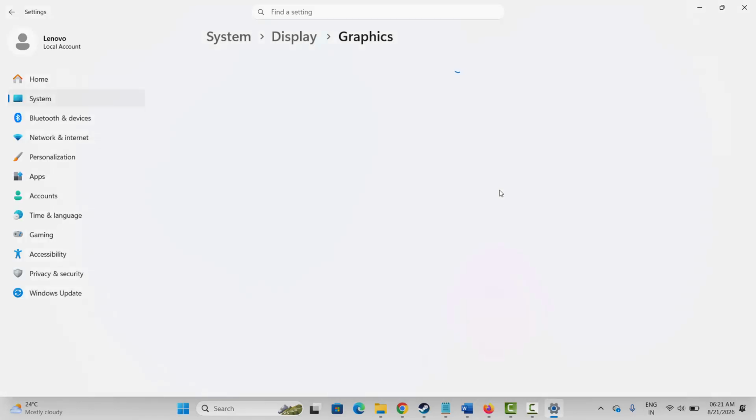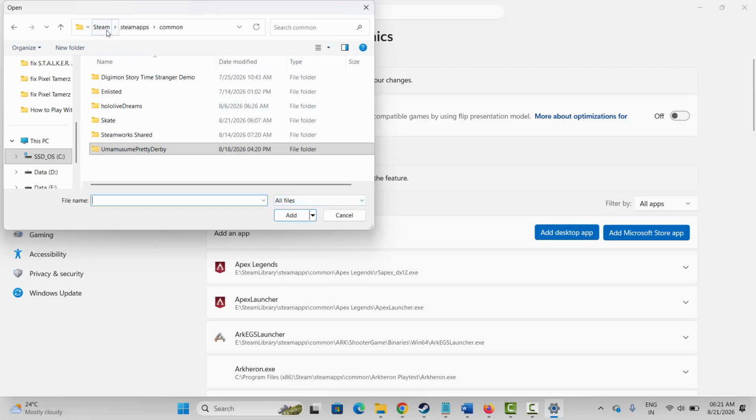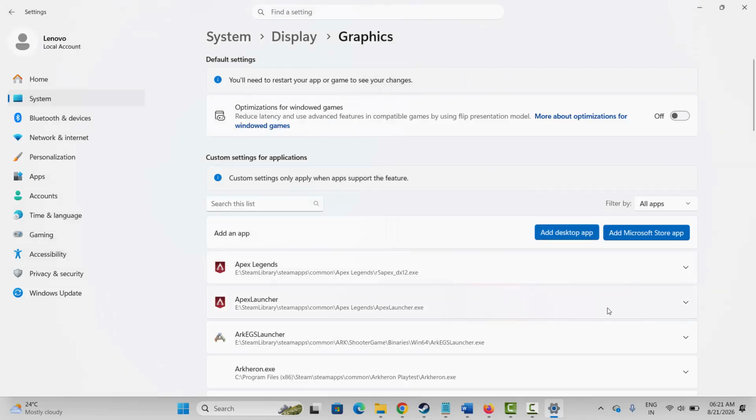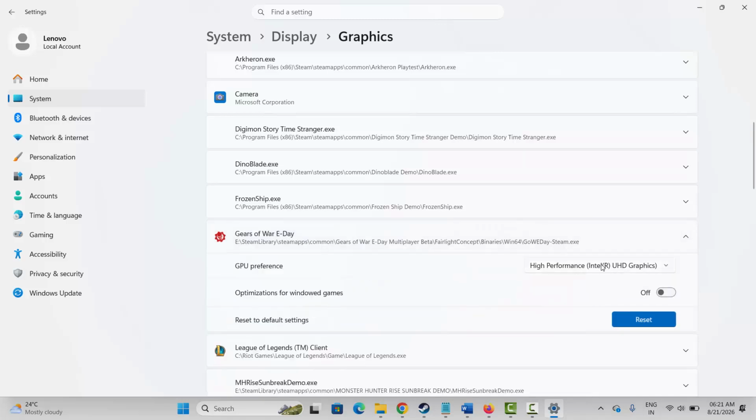Now here you have to add your game to the list. For that, click on add a desktop app. After that, go to the game folder, select the application, add it to the list over here. Once you add the game, select the game, and after selecting the game, click on the arrow icon. Under GPU preference, you have to select high performance, and after that launch the game and check if